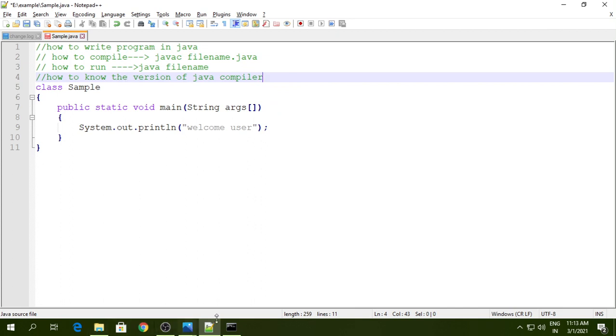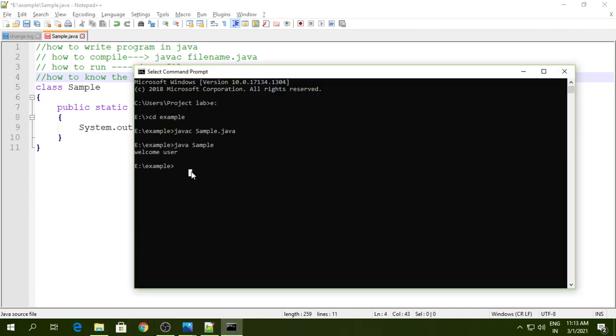Fine. So simple. Go to the command prompt, run the command javac hyphen version. When you press enter key, you will get javac 1.8.0_241. This means Java 1.8 is installed.